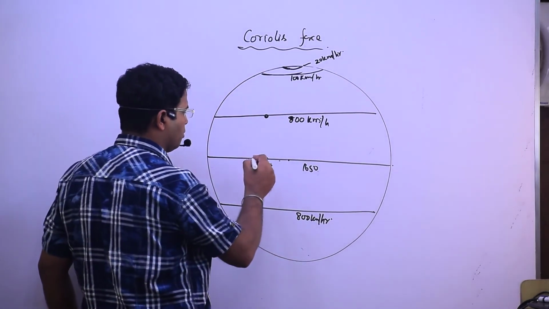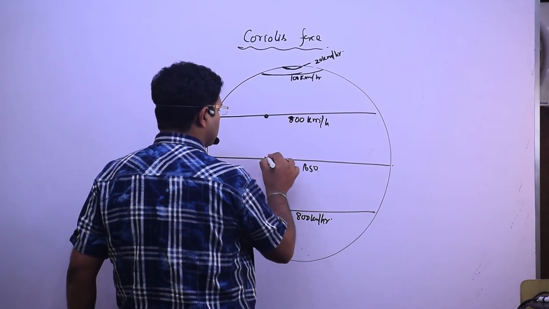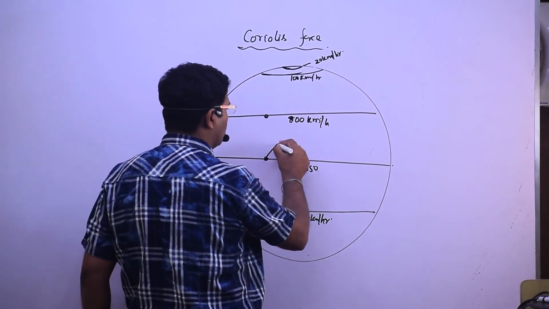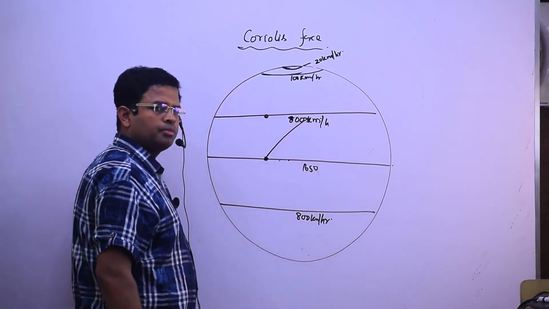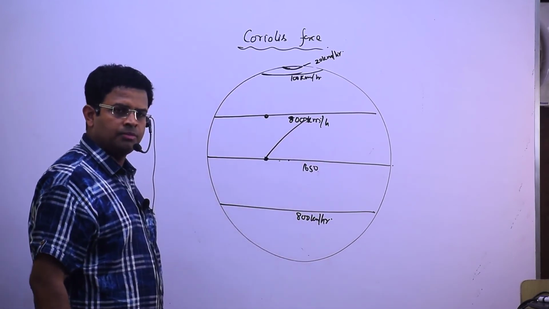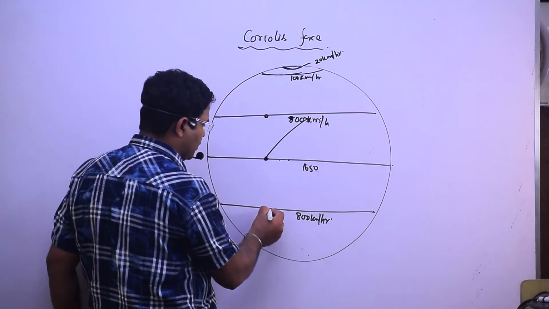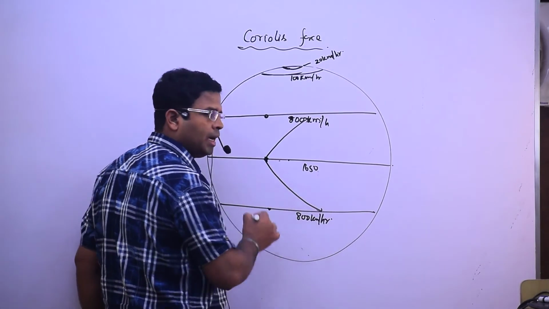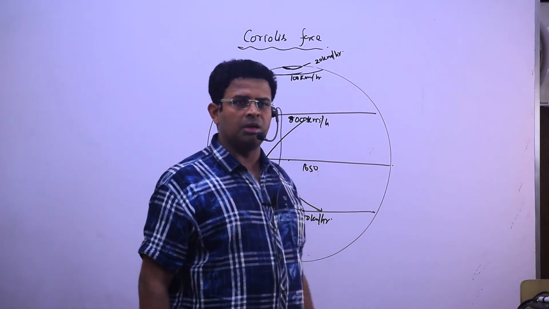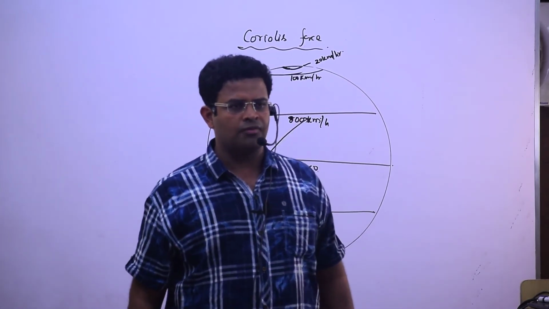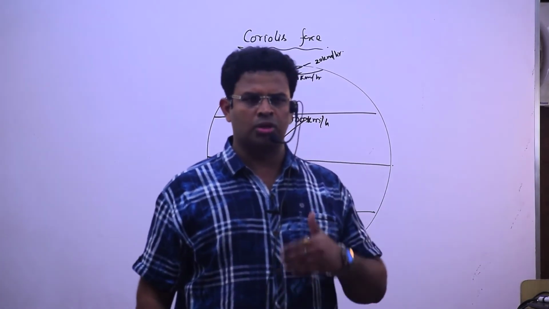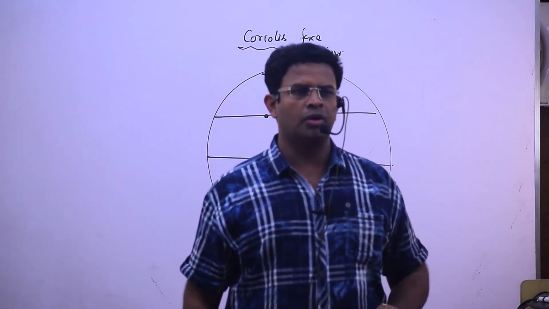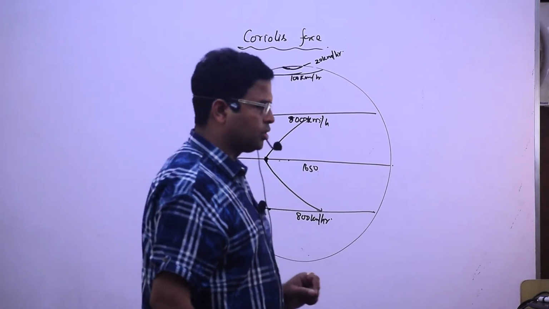If I am throwing a ball from here to here, then it will have a motion of inertia from here and the ball will go ahead of this in the northern hemisphere. And in the southern hemisphere, if I throw from here to here, then it will again go ahead of it. Getting my point? Yes or not? If I am throwing the ball from the higher speed to the lower speed side, the ball will go ahead. Understood?